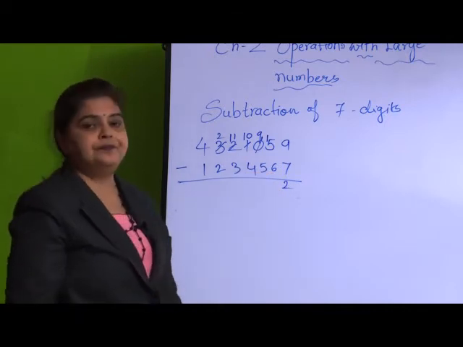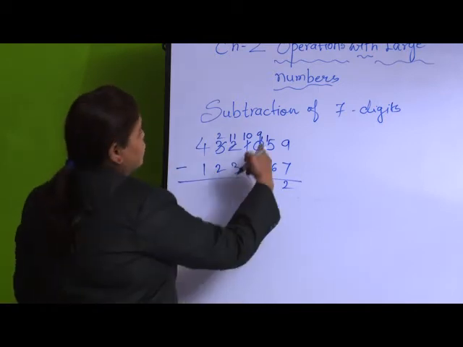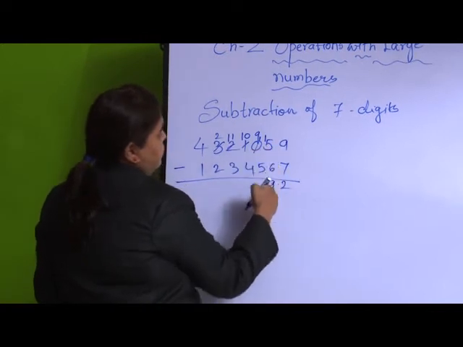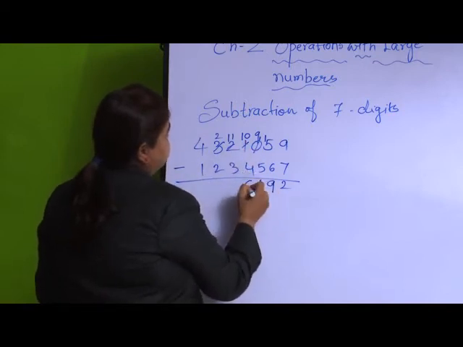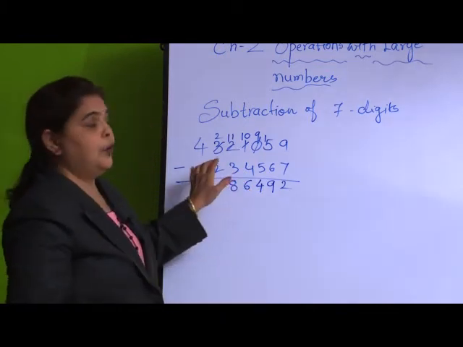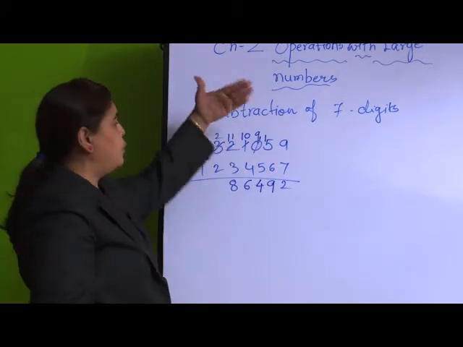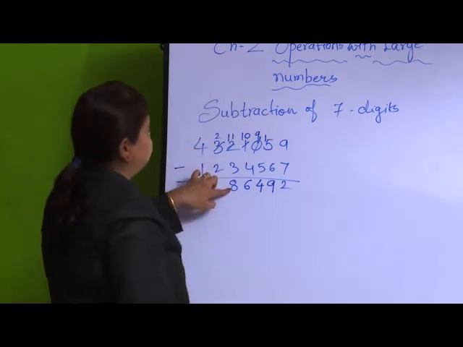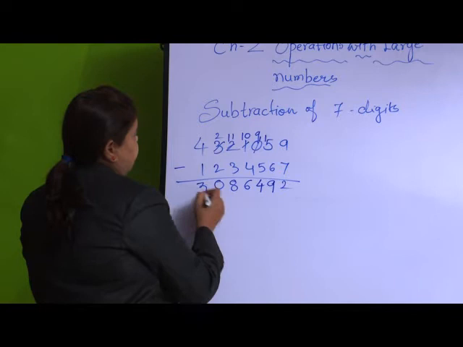15 minus 6, I told the combination with a 9: 9 plus 6 is 15. Yes, 9 minus 5 is 4, 10 minus 4 is 6, 11 minus 3 is 8. How did I tell you? You have to start with this number, and when you are counting on your fingers, when you get the number above, you have to stop the counting. So here 11 minus 3 is 8, 2 minus 2 is 0, and 4 minus 1 is 3.